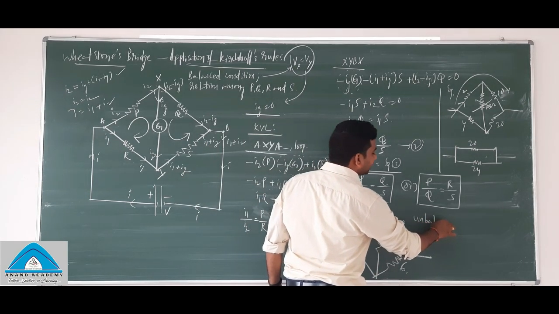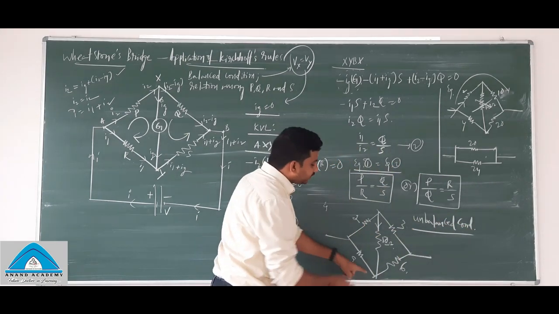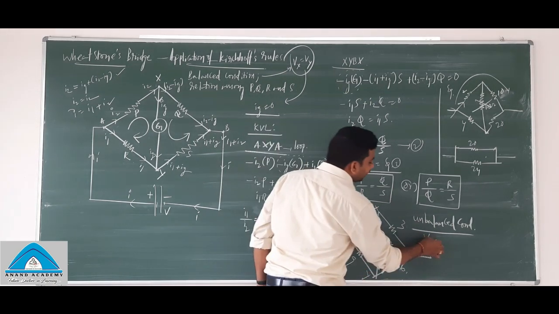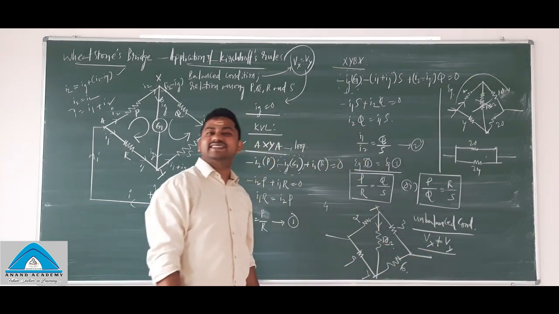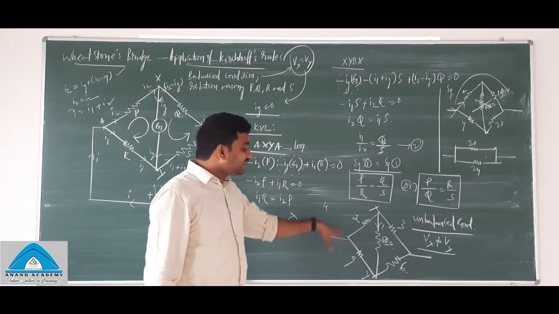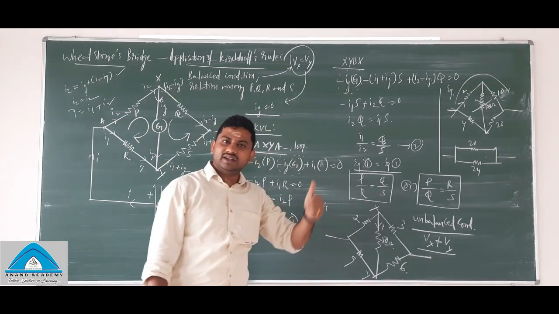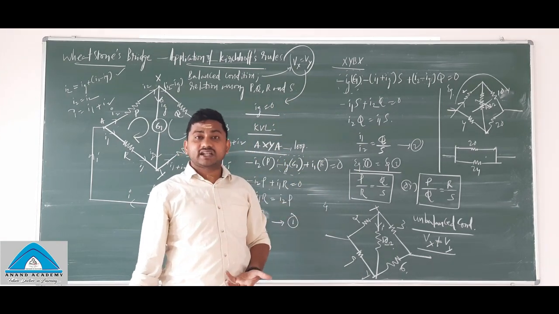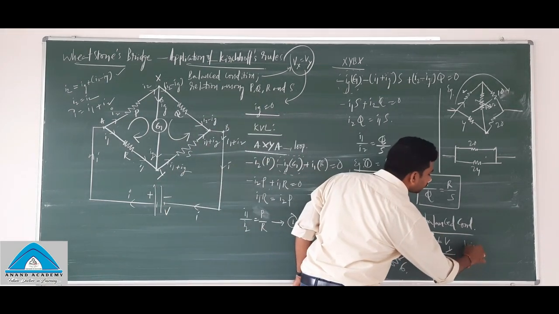In unbalanced condition, there is a potential difference across this point and this. If it is x, if it is y, the potential at point x will not be equal to potential at point y. There is a potential difference that exists. When a potential difference exists, current also will pass through that. In these cases, in finding effective resistance or current to any resistor or the total voltage of the circuit, or the battery, you can find it by using Kirchhoff's rules.